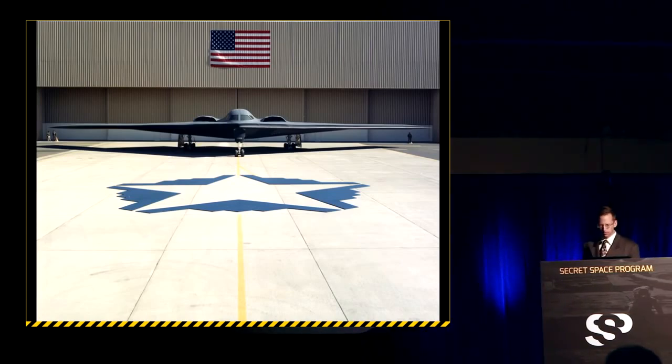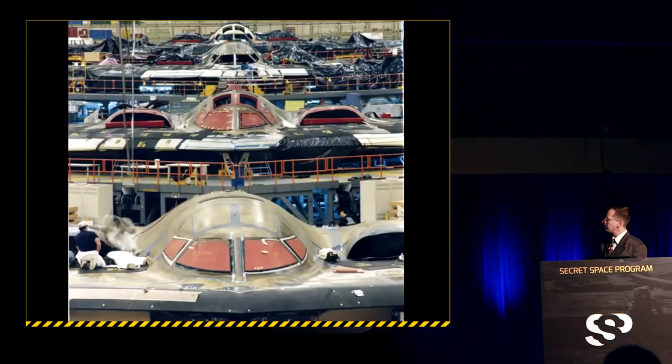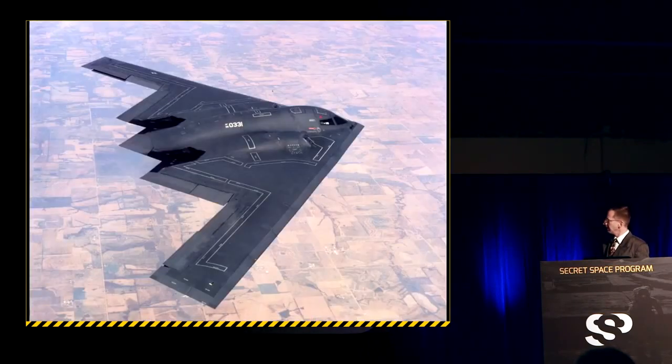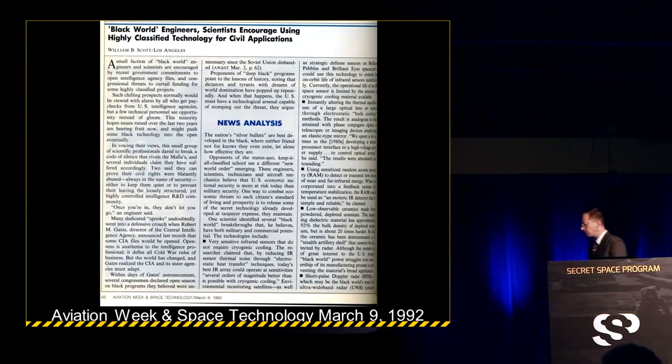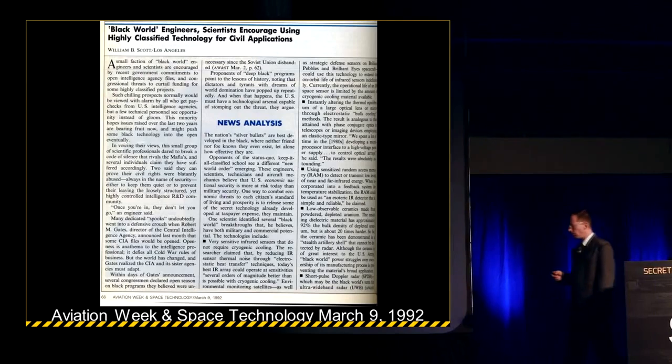21 of these aircraft were built. Tremendous amount of money. I call this the $10 billion photograph because we've got 4 B-2s at the Pico Rivera plant, 2.3, that's about $10 billion right there. And it's a 172-foot wingspan. The question is, and Mark talked about this before, is there more going on to the B-2 than meets the eye? Aviation Week Space Technology, March 9th, 1992, had a very interesting article from